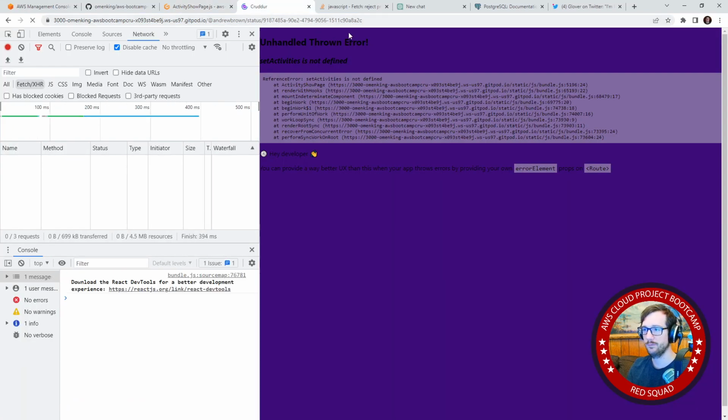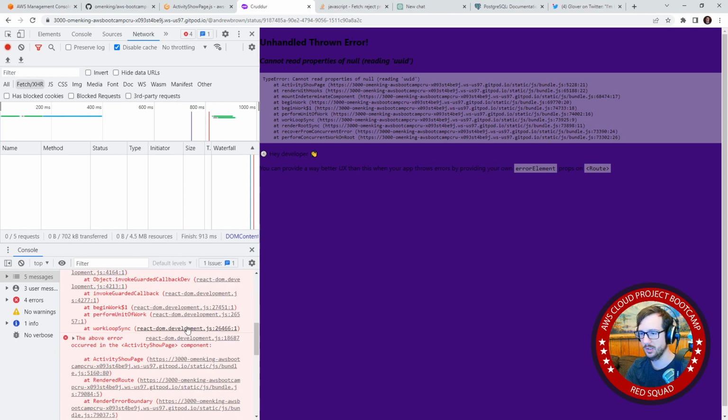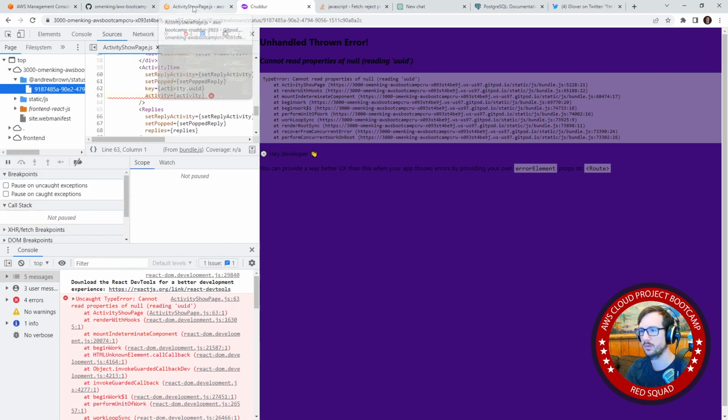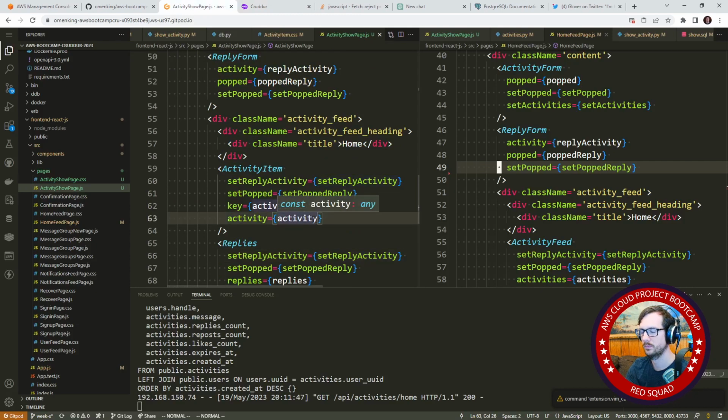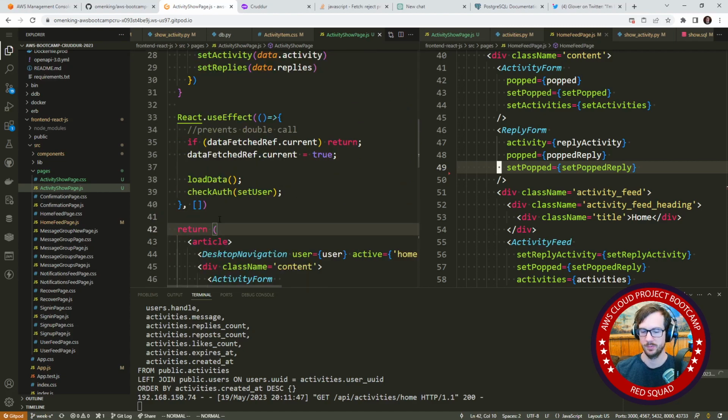Okay, we'll go back over here, give this a refresh. Undefined UUIDs. So a UUID is being set somewhere here, on line 63, activity item. Sure. But I mean, if it hasn't rendered yet, then I guess the data wouldn't be there. So I'm just trying to think about this for a second. I guess what we could do is just take that outside of there and only when the data is loaded, then do it. So we can go here and just say if